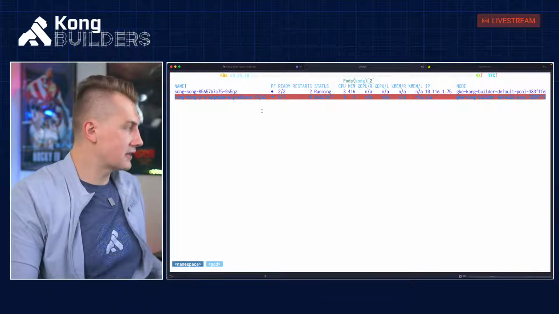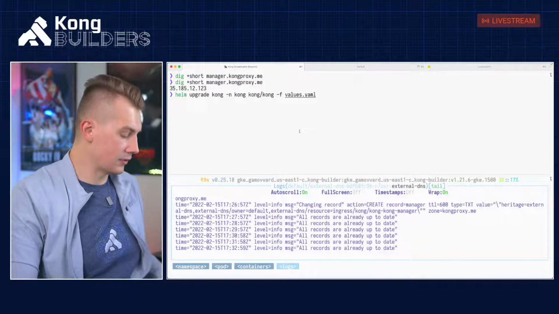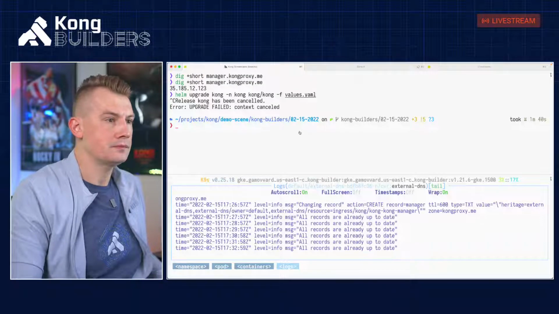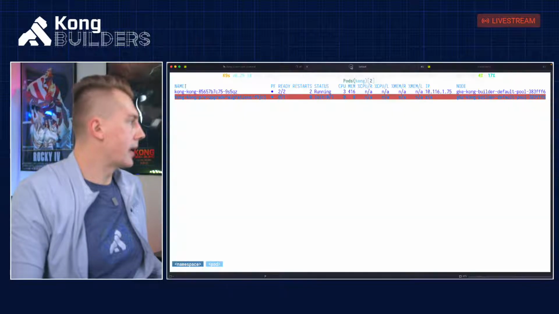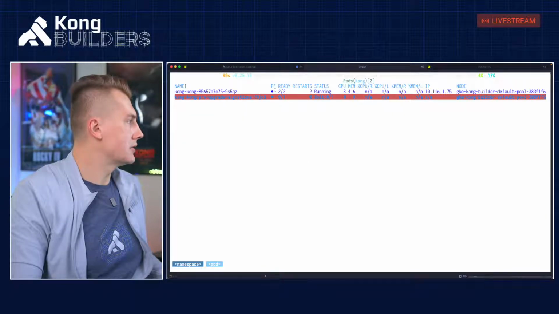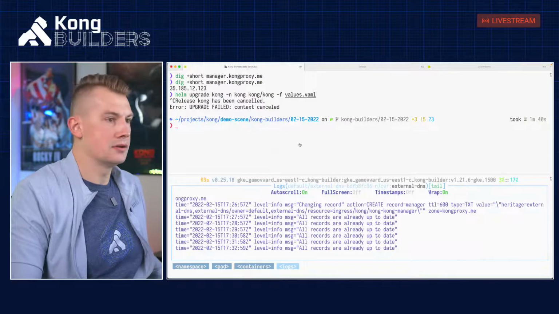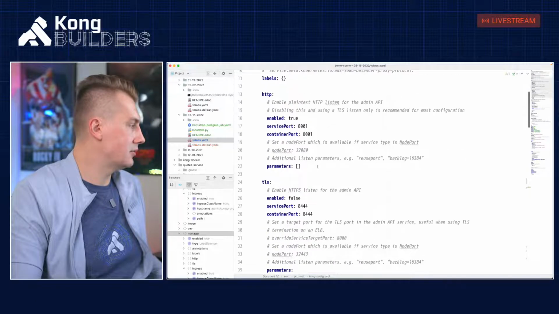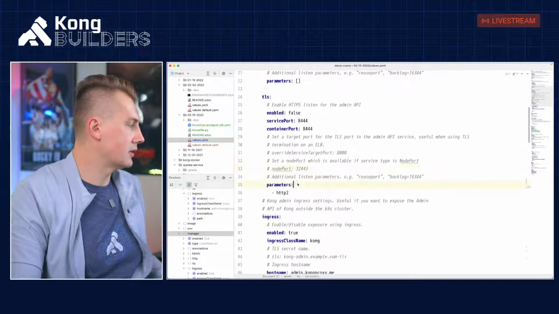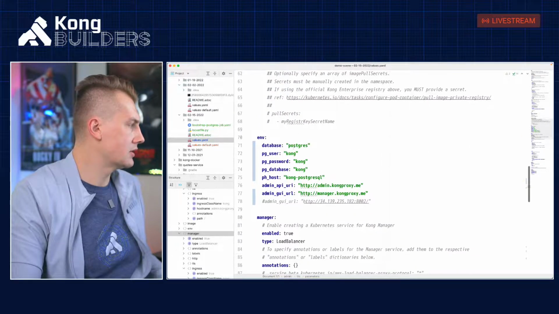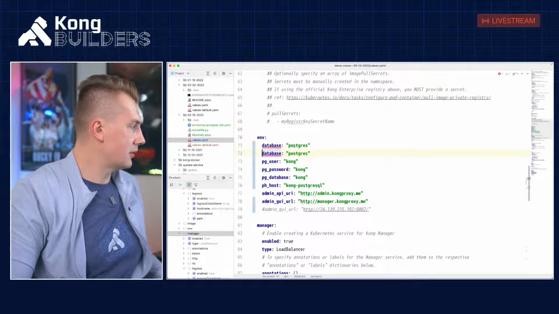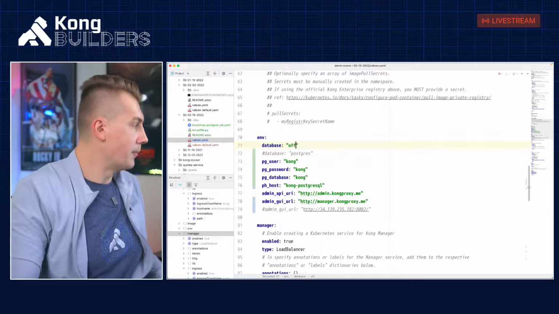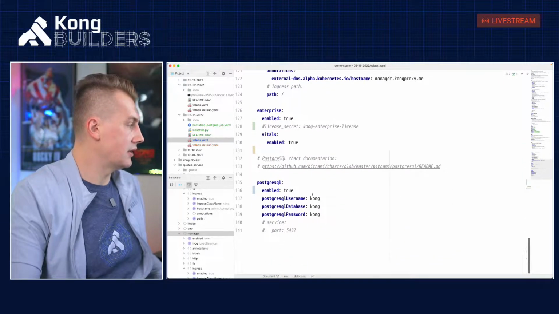Okay, so it looks like it's stuck somewhere because Postgres is not provisioned. So what do we do? I will cancel this. It should roll back all these migrations. So what I will do first, I think it is a problem. It expects this to be up and running, and it's some weird issue with the ordering in Helm charts. So I will disable Postgres for now in my Kong installation, but I will provision Postgres with the Helm chart.